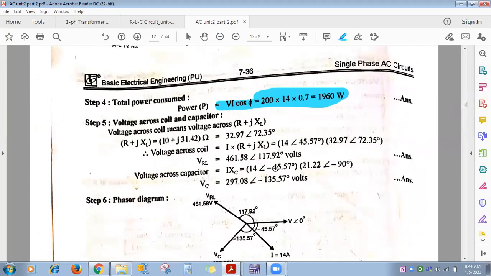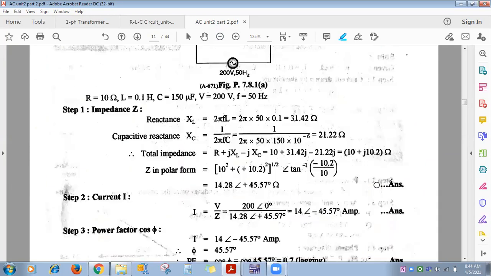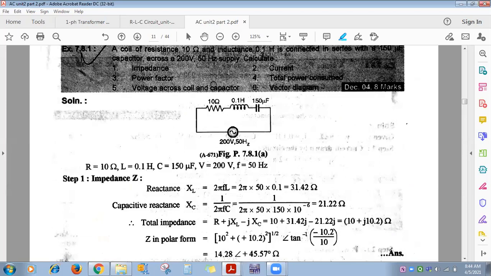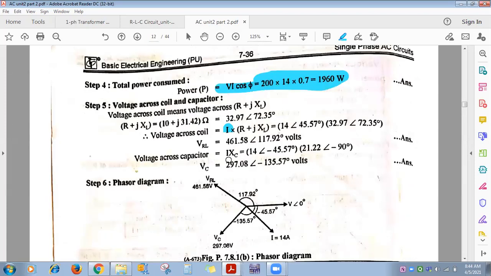Okay, no difficulty. Then next is what? Voltage drop across resistance and voltage drop across inductance. So easy, I into R. 1 minute. Coil के across पूछा है. पहले एक, can you tell me voltage drop across capacitor is easy. What is the voltage drop across capacitor? I into XC. Correct. So XC you know, I you know, easily you can calculate it. See here, I into XC. I you know, XC you know here.